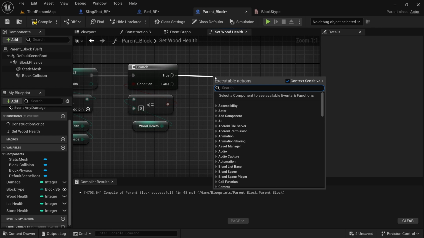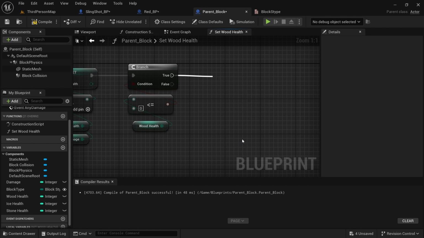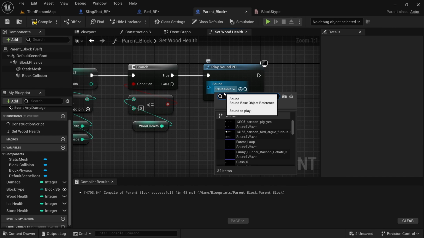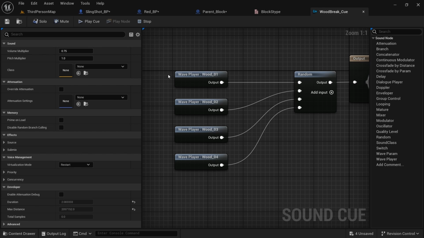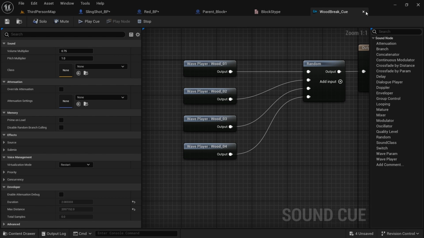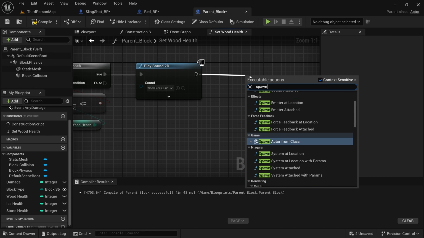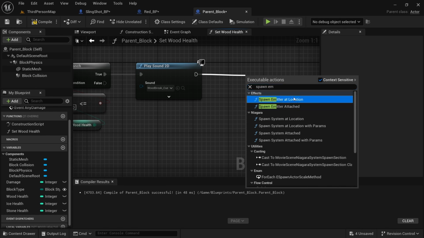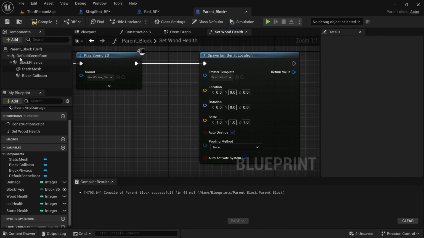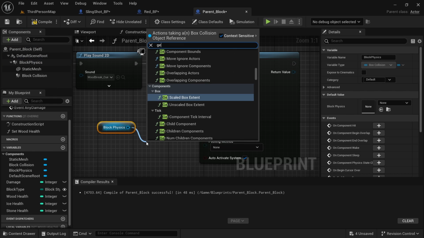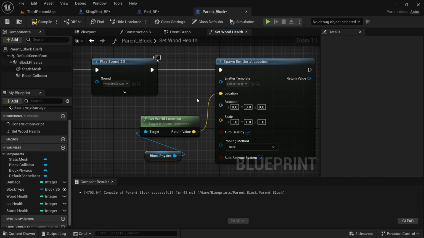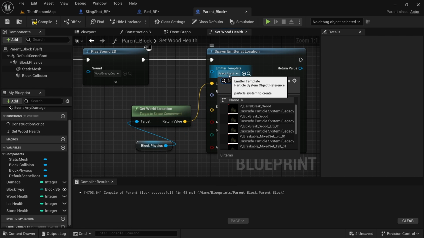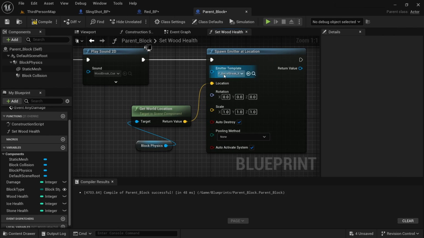Next, off of true, I want to play sound 2D, and this one I want to do wood break Q, and that just plays a bunch of random wood sounds. Next, I want to spawn emitter at location, and the location I want to get block physics and then get location. So I'll just plug this into the location, and then I'll just get the barrel break wood, and that's